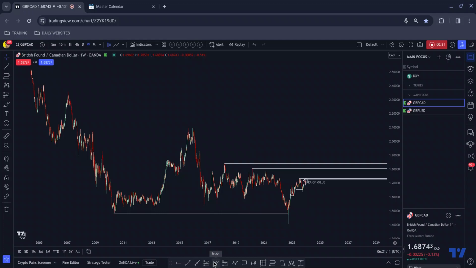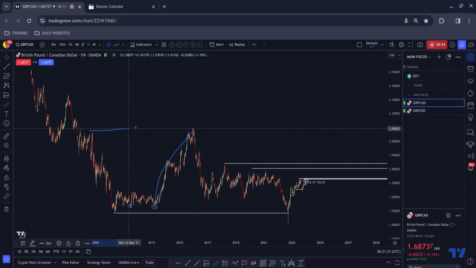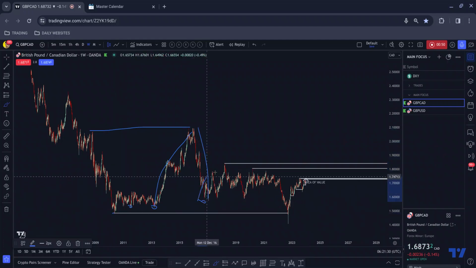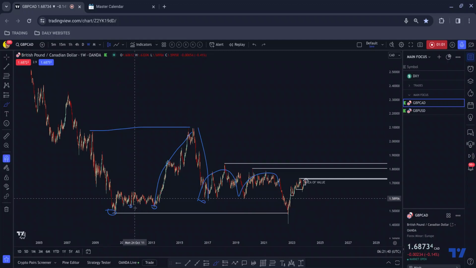On the higher time frames on pound CAD, we have this all-time low here, okay? And price came close to this area multiple times. On this occasion, it went all the way up here, tapped into this area here, came all the way down, near missed to this all-time low again. And each time it keeps scooping back round, and eventually what happens when we near miss a significant area of value, or any area of value for that matter, is we tap into it.